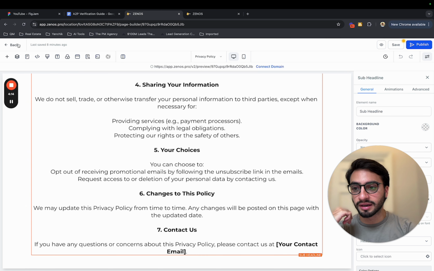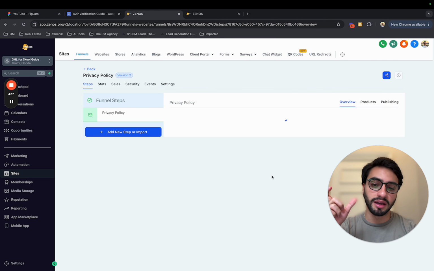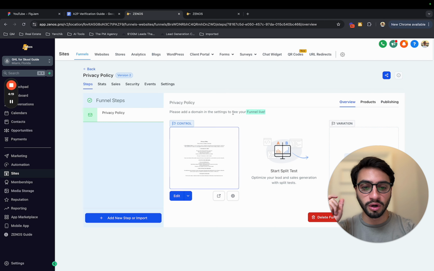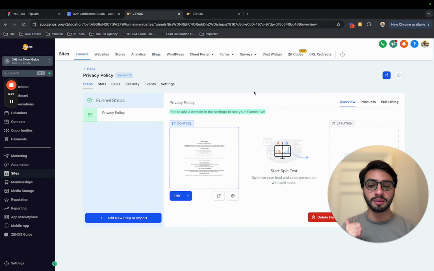Then you're going to go back, and I would suggest having a notepad open so that you're going to copy the domain. Now, if you have not added a domain yet, make sure to watch the video that I posted the other day. It's going to be linked in the description that walks you step by step through how you can add your domain so that you can host your funnels and websites on HighLevel. However, at this point, you should already have your domain connected. And where I've highlighted this over here, you will have your URL link to the privacy policy and of course to the terms and conditions. So go ahead, copy those and add it to the notepad